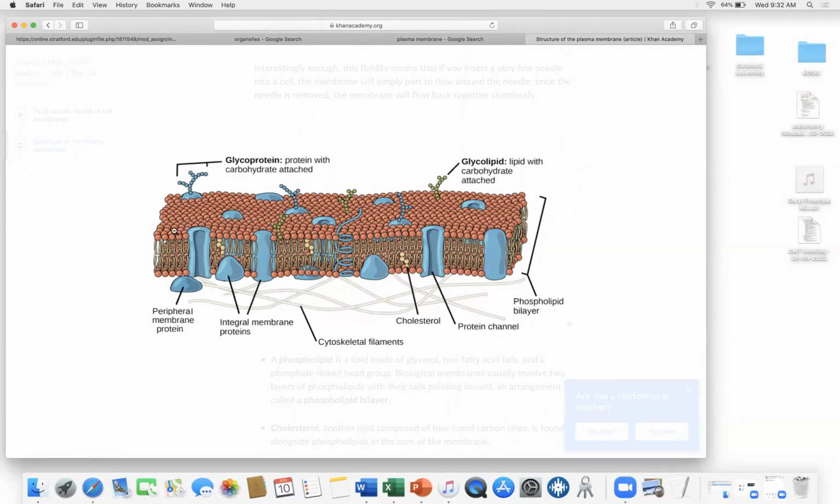These are phosphorus heads. These are hydrophobic, meaning that it doesn't like water. It will push water away. So it makes sense that you keep the water here on the outside, and the water that's on the inside,